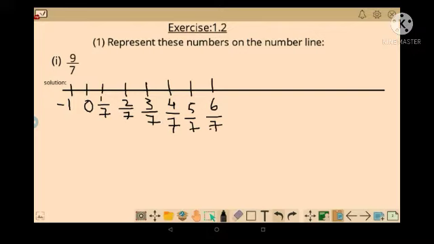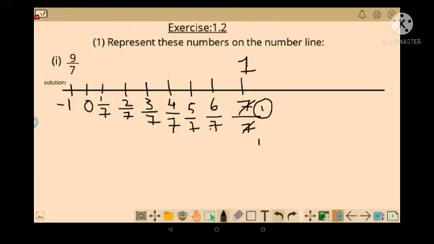while writing every rational number on the number line, we need to check whether this number is divisible by the numerator or not. Like 1 and 7 are dividing, no. 2 and 7, no. 3 and 7, no. 4 and 7, no. 5 and 7, no. 6 and 7, no. But 7 and 7 gives us 1 after cancellation and division. Okay, so that's our 1 point. So 7 by 7 gives us 1, right? So here we will get a 1 as the answer. So we will write here 1. So from 0 to 1 we will have these numbers on the number line.